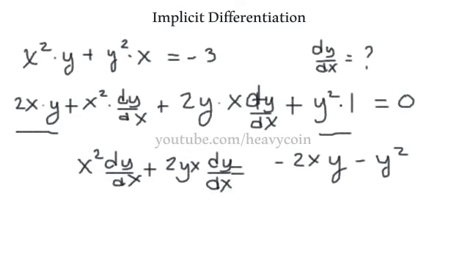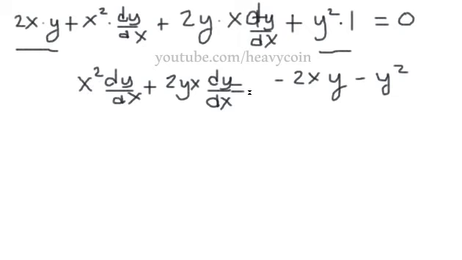Now what I'm going to do here is my equal sign got a little close there, it looks like. Okay, I'm going to go ahead and factor dy dx out, so we have x squared plus 2yx